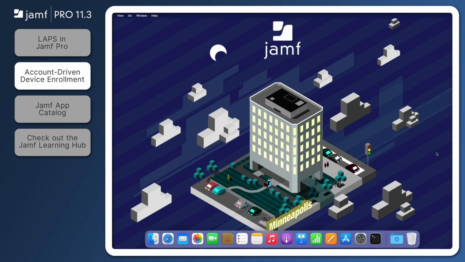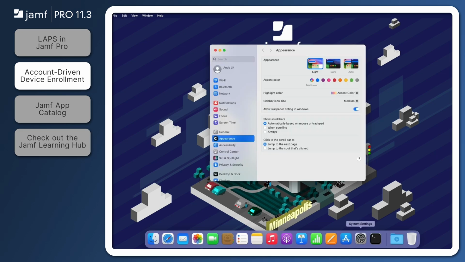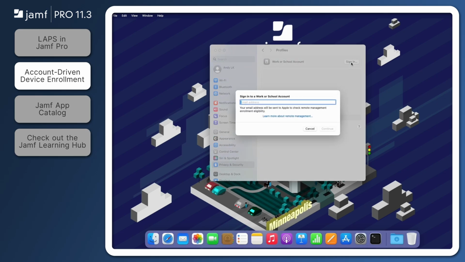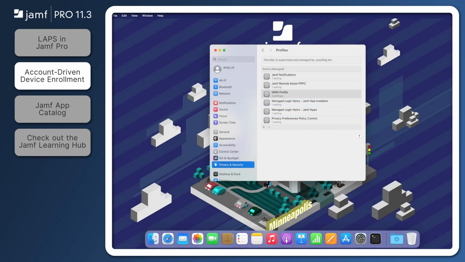When using Account-Driven Device Enrollment for computers, users will not need to visit an enrollment page or click on an enrollment invitation. Instead, users simply navigate to System Settings, Privacy and Security, Profiles, then sign in with a managed Apple ID. Once enrollment is complete, the computer will be supervised and managed by your Jamf Pro server. Please note that managed Apple IDs being used for account-driven device enrollment must belong to a verified domain, and a JSON file must be hosted on a web server to point traffic to the correct enrollment portal. For a full list of requirements, as well as complete steps to configure this new feature, be sure to check out the Jamf Pro release notes in the description.